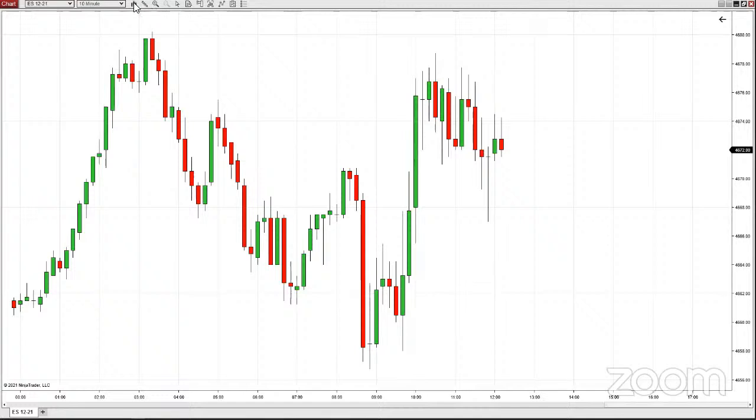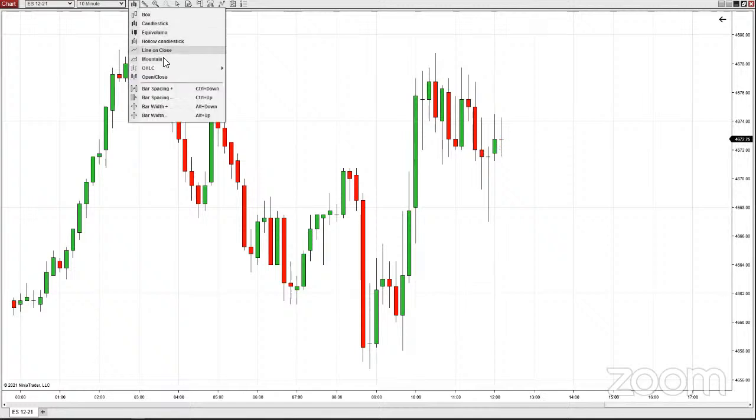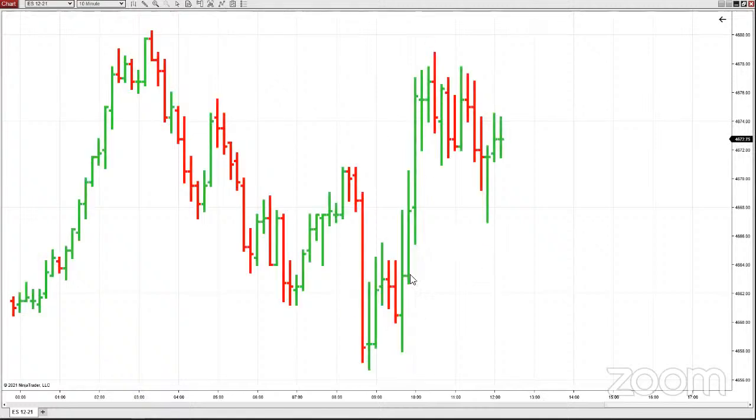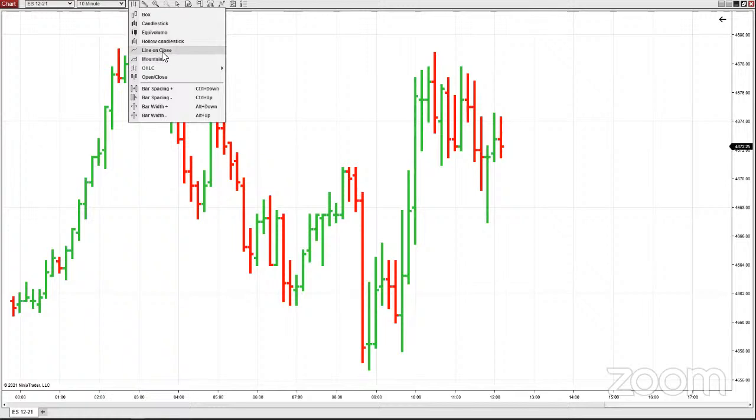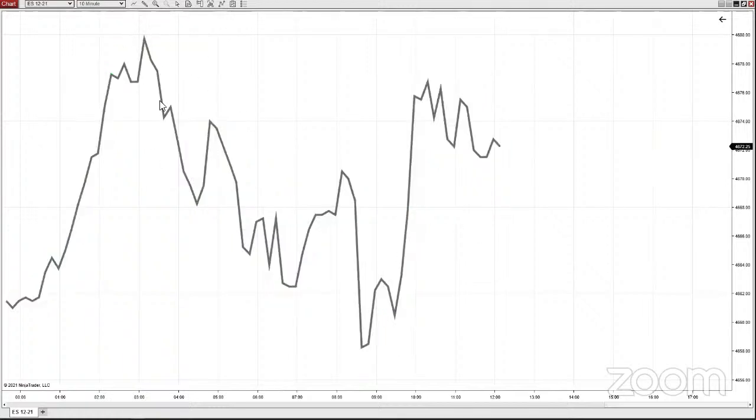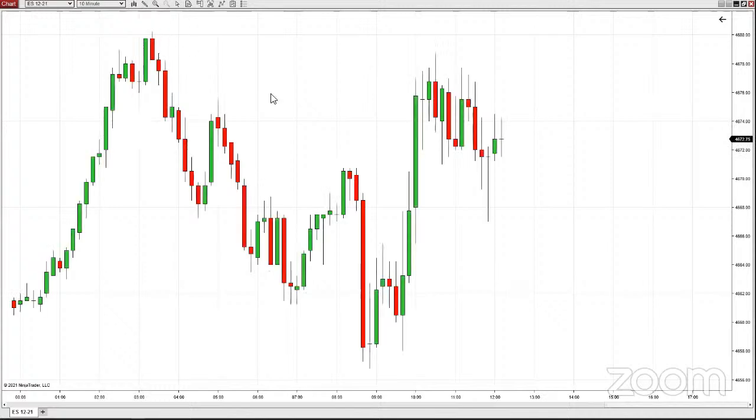And you might be familiar with other looks and feels of very similar charts. Open, high, low, close would be really the same thing, except the distance between the hashtags is filled in with a colored body. That's all. And then you might also be familiar with line on close. This just charts the closing price at the end of every 10-minute increment without the highs and lows. We're going to start with a candlestick.